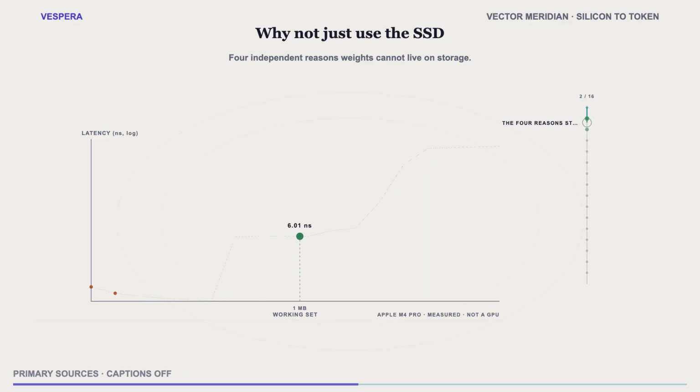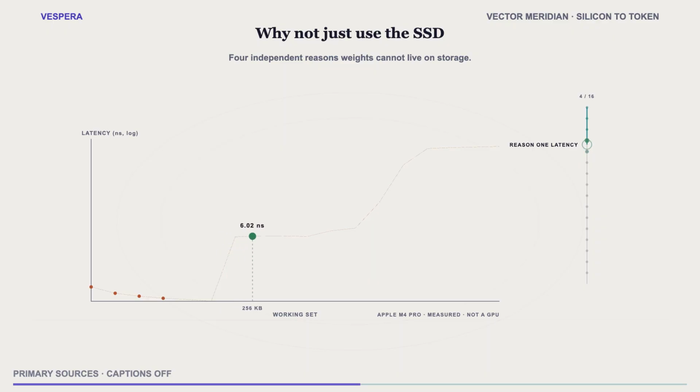It is an excellent question because the answer is not one reason. It is 4 independent reasons, any one of which alone would be fatal. Reason 1, latency, we measured it. A random 4 kilobyte read from a modern NVMe SSD took 21,790 nanoseconds. DRAM took 122, that is 178 times slower, and against the register file it is something like 30,000